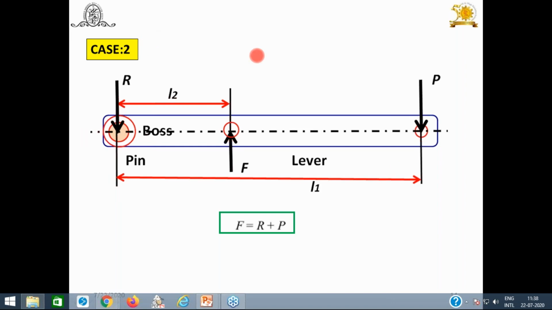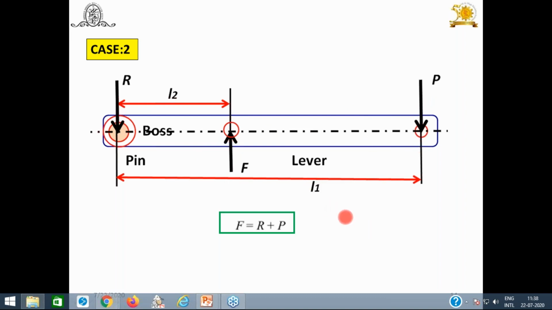This is the second case, the second type of lever, and we are not going to design the third class or third type of lever because its mechanical advantage is less than one. Now in this case, from the pivot to the point, this is L1, then L2. L1 is greater than L2, which means you will get a mechanical advantage greater than one. But try to understand, in this case this is the second type lever. What I would like to show from this diagram is that in the first slide it was the first type, and here in the second case the second type. That means these forces are parallel to each other.